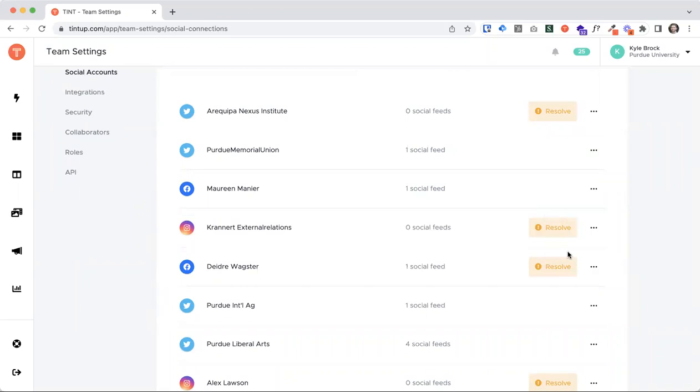If you don't, but you're sure that it is something that needs to be re-authenticated, you could always select the ellipsis or the three dots option here and select reauthorize. Before you click reauthorize or the reauthorize button within this drop down,